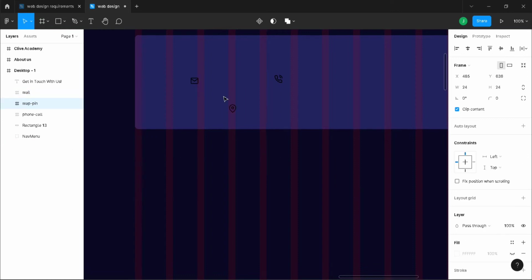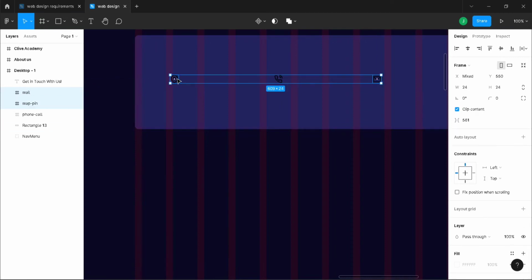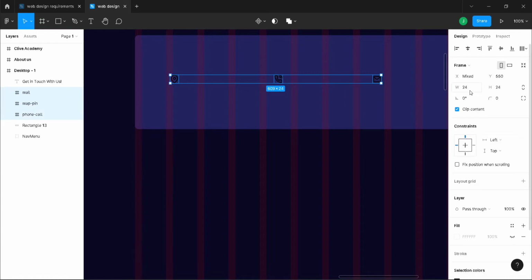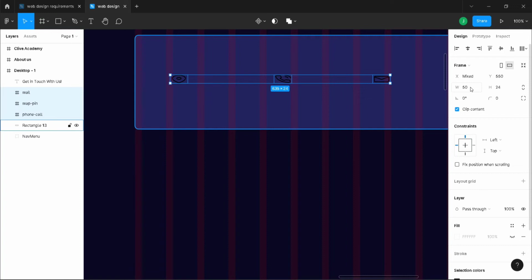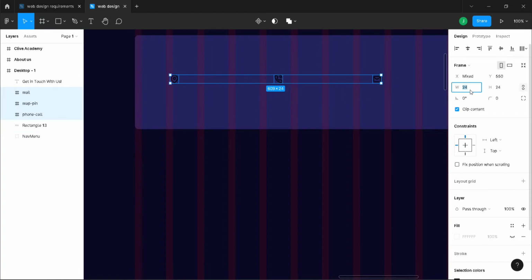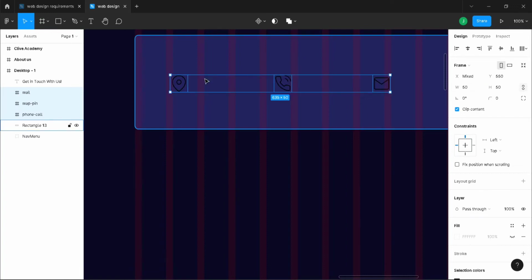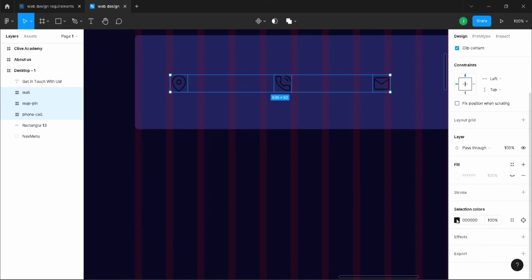So first is location, and then call symbol, and then mail. First we will select all 3 and give them 50. Oh no, sorry, I haven't checked this. Okay, and make them, okay, wait a minute,